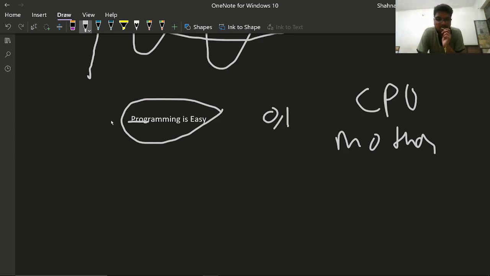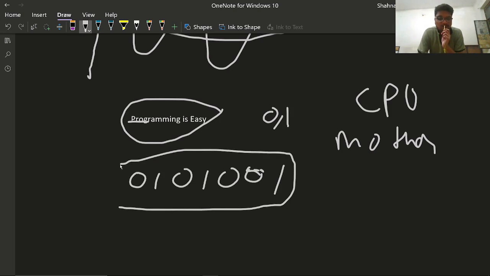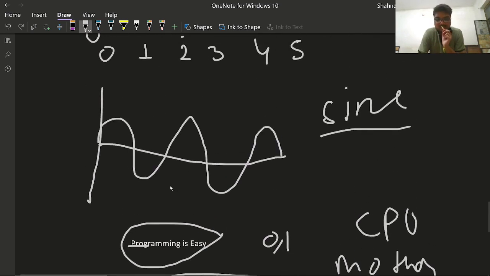So if we write this sentence, then it will go in the form of 0 1 0 1 0 0, any form it can be. I am just taking an example that it will be read by the computer systems in 0 1 binary format. I think you all have got this.